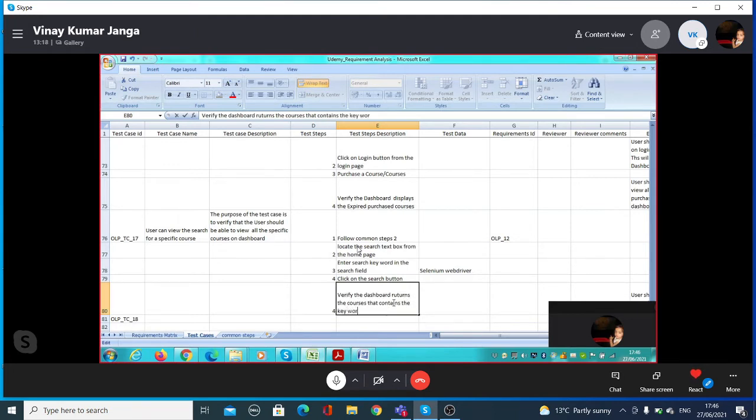Yeah, that will do. So this is your verification. If you are searching for Java, then it should return the Java keywords. Step means one step has only one action. If you put two actions together, then you need two steps.